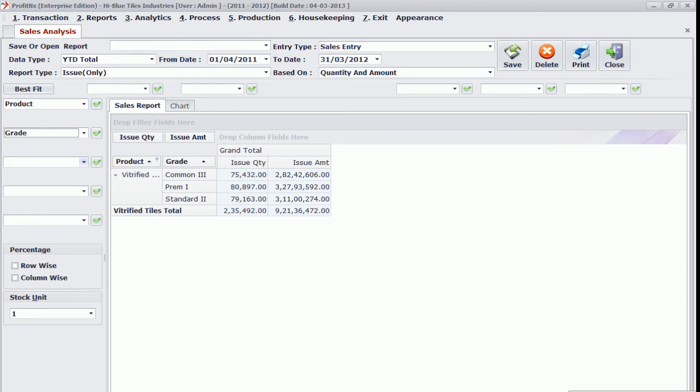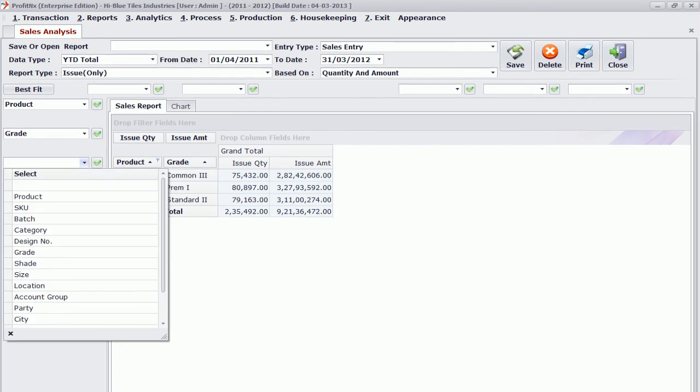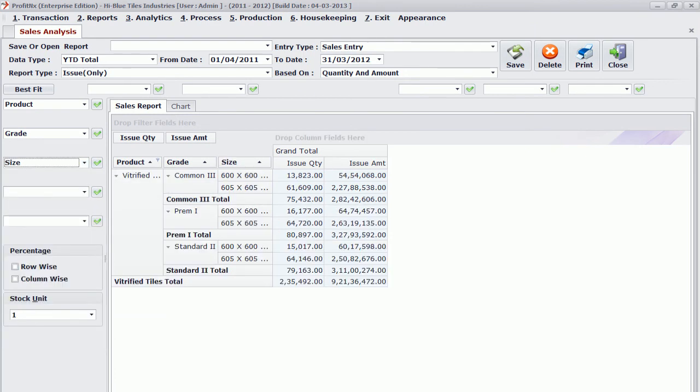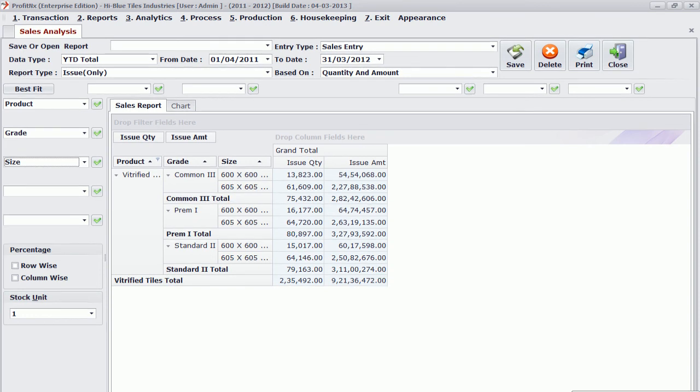Now this is also not enough for me. Amongst the grades, I want the size wise information, that in common 600 by 600, how much of sales in terms of quantity and sales amount, and 605 by 605, what is the quantity and amount sold.